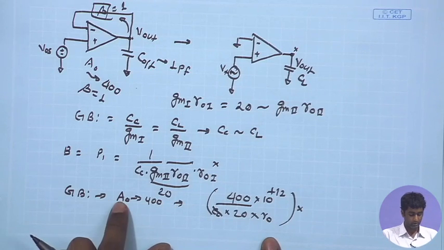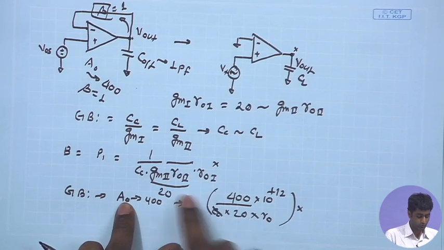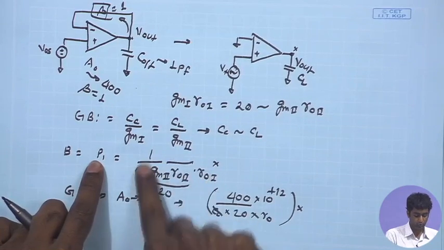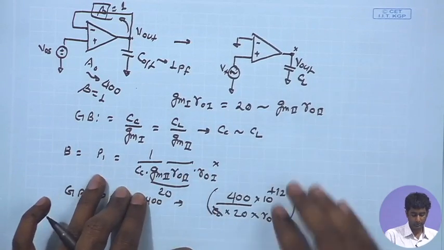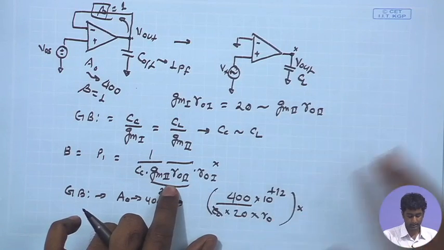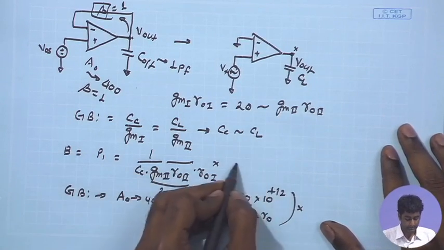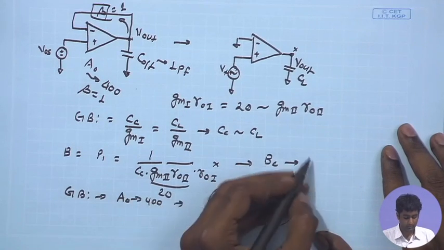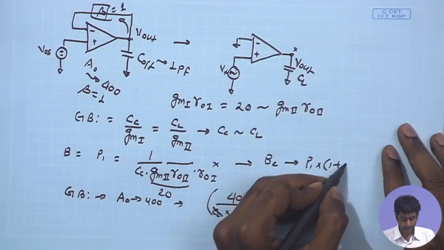For the closed loop gain, I need to multiply this P1, which is the open loop bandwidth, with 1 plus A beta, where beta is 1. Therefore, to get the closed loop bandwidth, I will multiply P1 times 1 plus A beta,